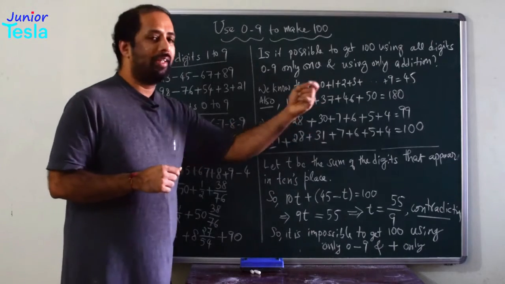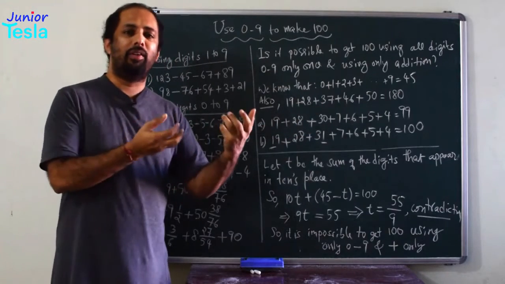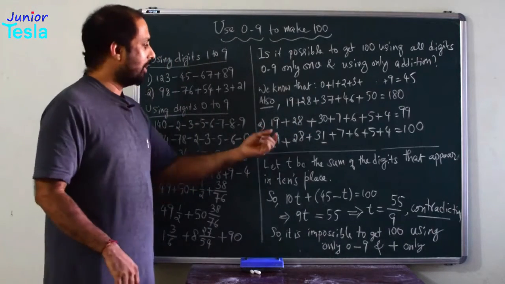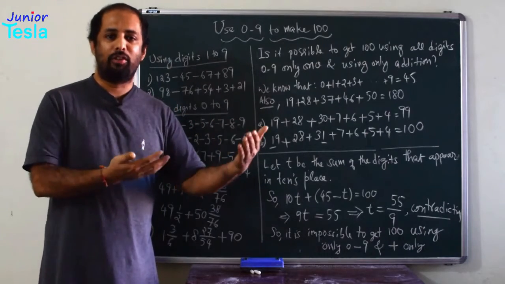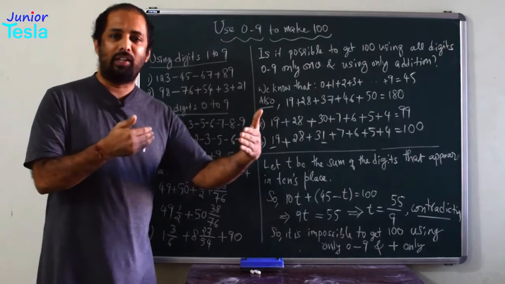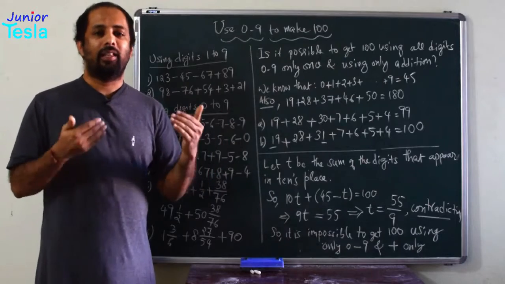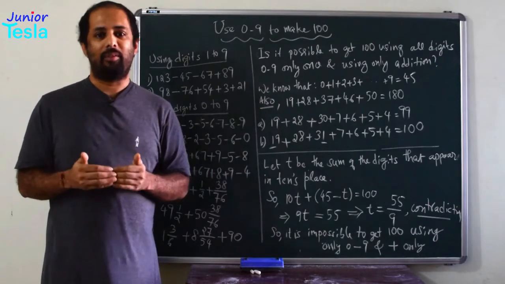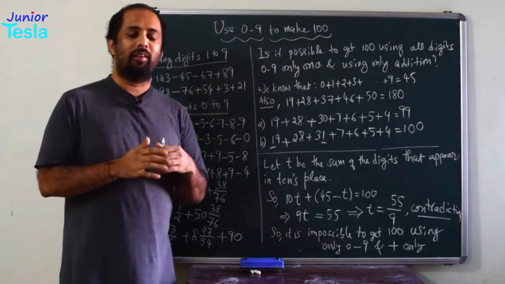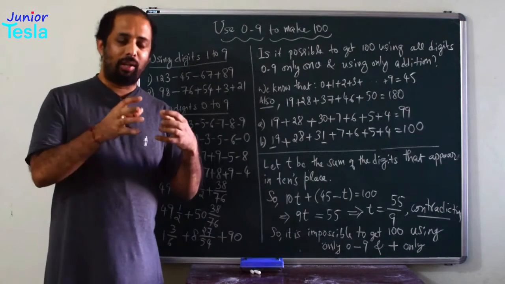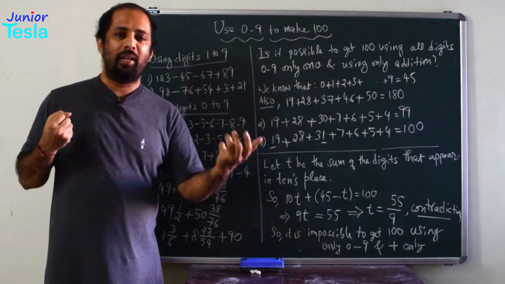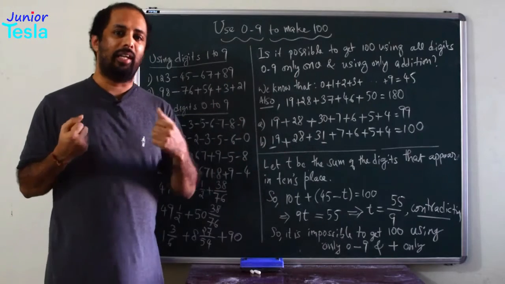Then I am going to collect all the remaining digits. Now the remaining digits will always be units places, right? So once I have removed all the tens places, the remaining places are units places only. Now I am going to collect all these digits and add them, and that will be 45 minus t, because I know that the sum of all the digits from 0 to 9 is equal to 45. So if I have removed some of these digits, the remaining digits sum will be 45 minus t.